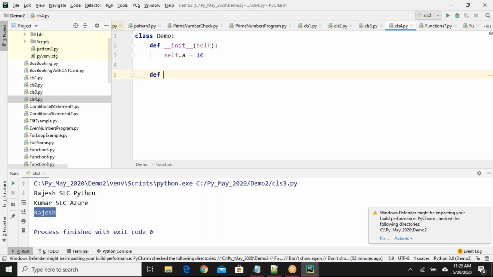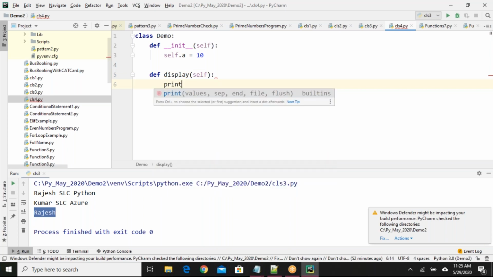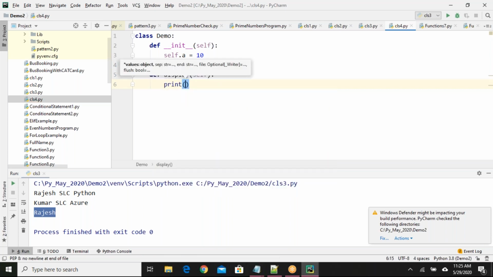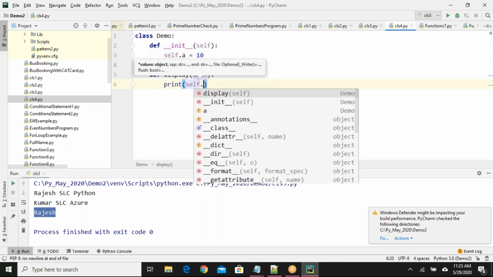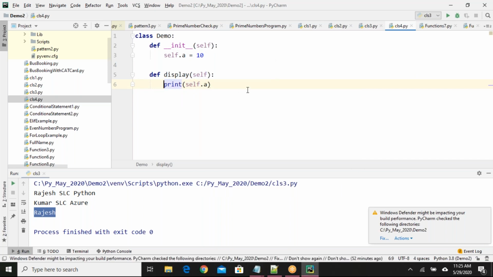Next I'll define one method, def display. Now I'll say print self.a. I have written one method here. If you don't want this, you can write other things also, like print class or instance method, or test method.